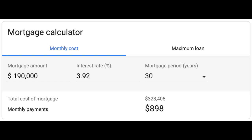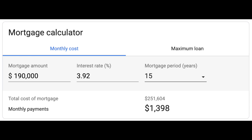You can see right here that the monthly payments are just below $900, and the total cost of the mortgage spread out over 30 years is $323,405. Comparing that to a mortgage period of 15 years with the same mortgage amount, $190,000, and interest rate at 3.92%,